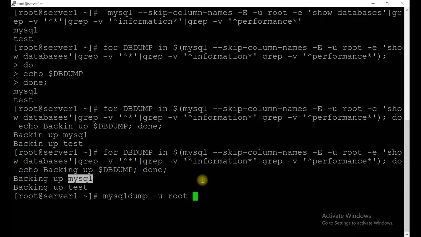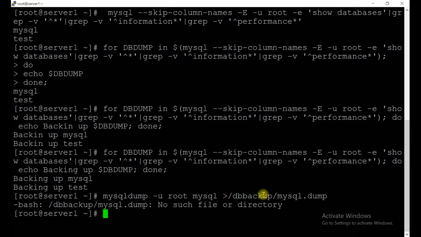First you just mention mysql, later we will specify into which directory: DB backup, mysql.dmp. You want to take the backup under the DB backup directory. The spelling of backup is wrong, and there is no such file. Okay, mkdir, you need to create this first.